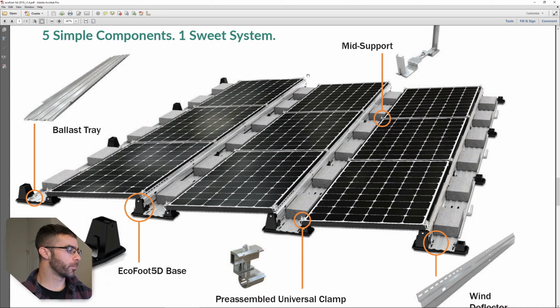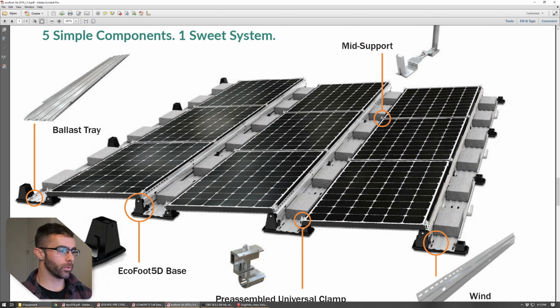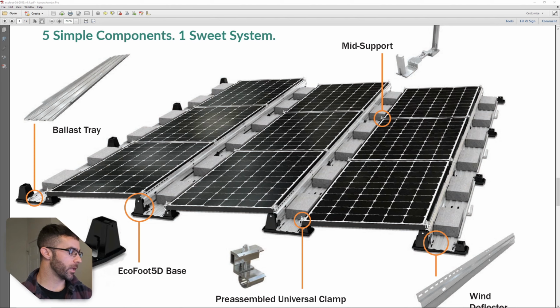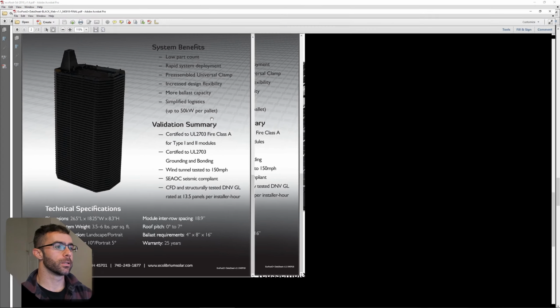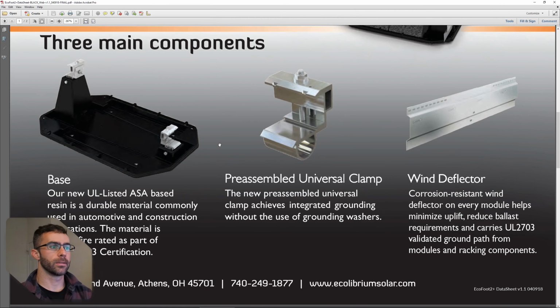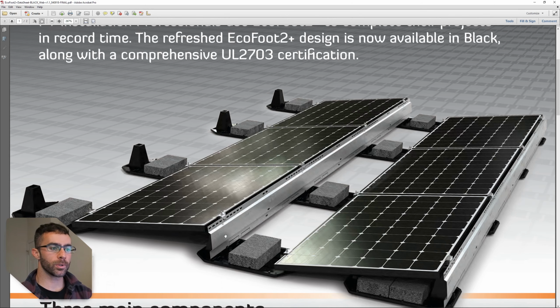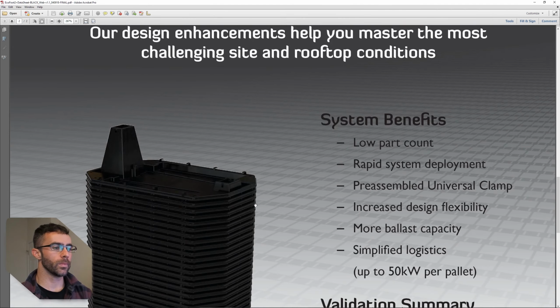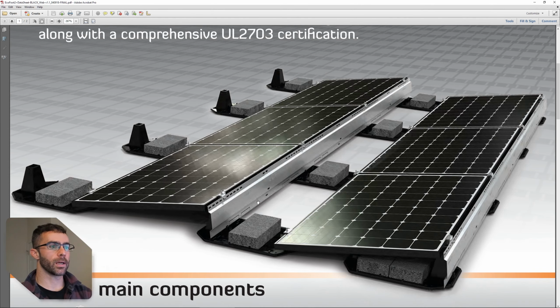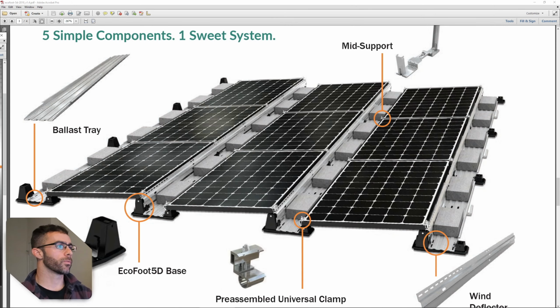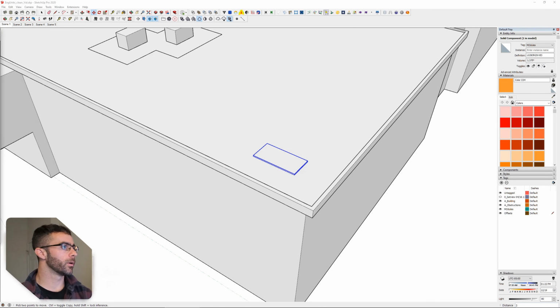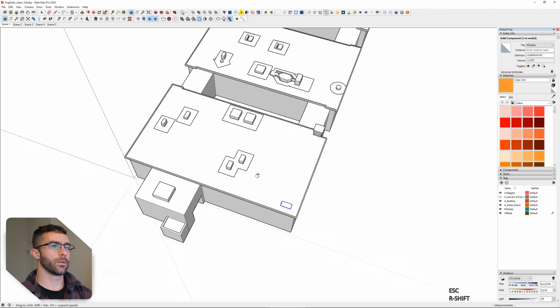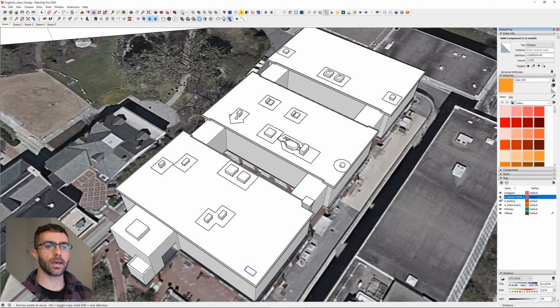The other racking option that I want to explore is from the same manufacturer, but it's called the 2 Plus. And if we look at that, it looks relatively similar, less ballast, and this is at a 10-degree tilt. So kind of an overview of our two options that we're going to work with for optimization. So if we get those out of here for now, the next consideration becomes, what is our orientation? So if we look at the satellite view,